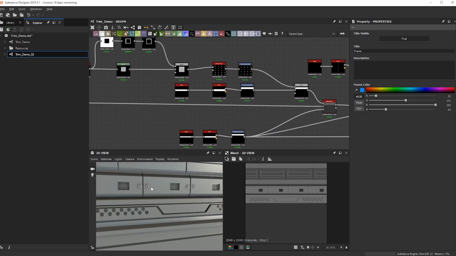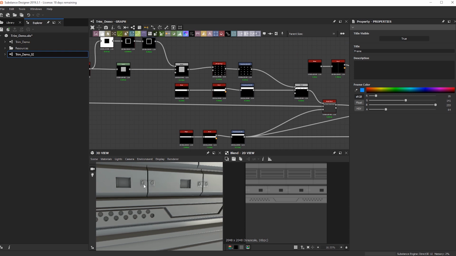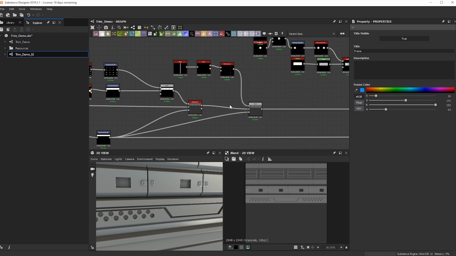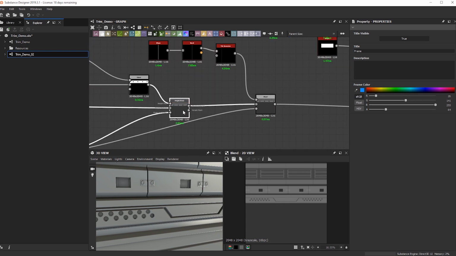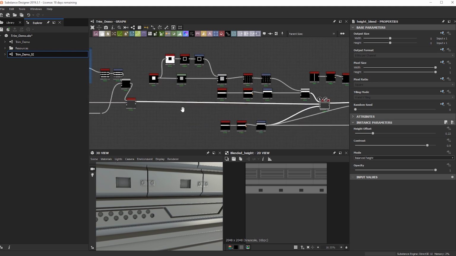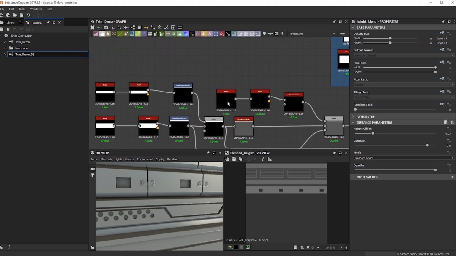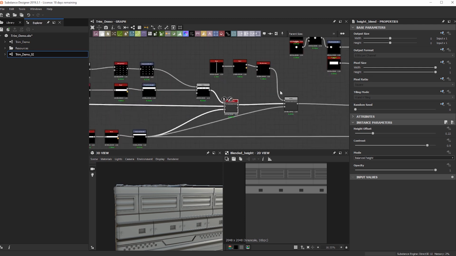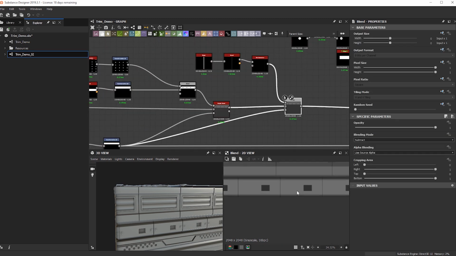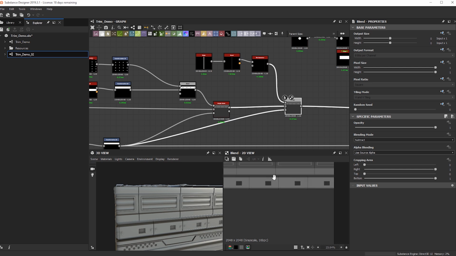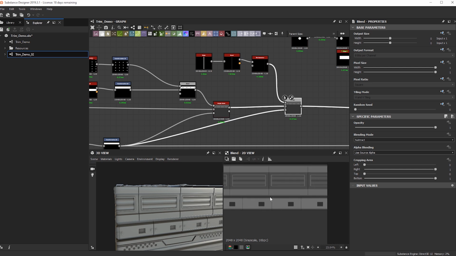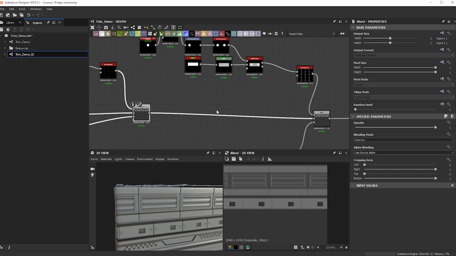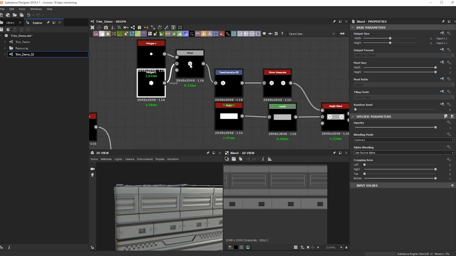So the extra little detail I added here was a nice kind of screw in between the panels so they look like they're interlocked. And to do that, I went ahead and just took the exact same kind of cut lines that we did earlier on this top tile, and then just copied that over, and then I added them in here and just offset them a bit so they're not completely the same as the top ones. Then I went ahead and just created a simple bolt.